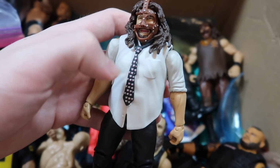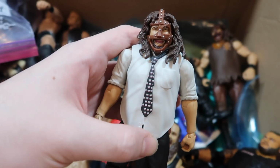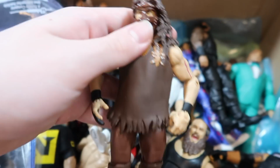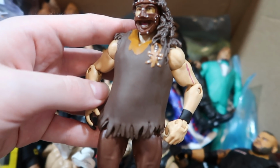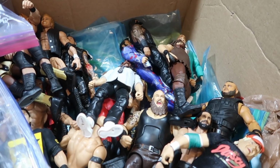This is a Mankind. I used to have the Elite 17 Mankind, but this is the re-release, sort of, when they did the SummerSlam version. And I was thinking about this. I had this as a Toys R Us mail-away Mankind, but I think this is the Elite 45 or something version when they just re-released it too. This is what really got me out of actually collecting figures, that they just re-released the rare ones, because